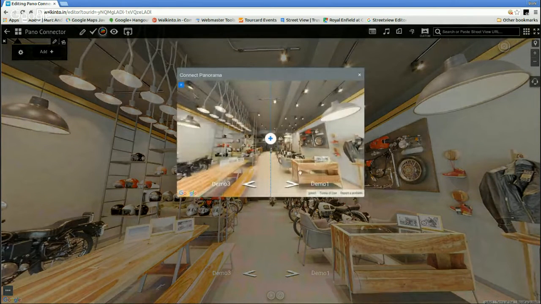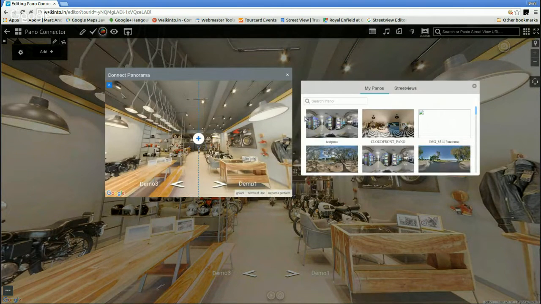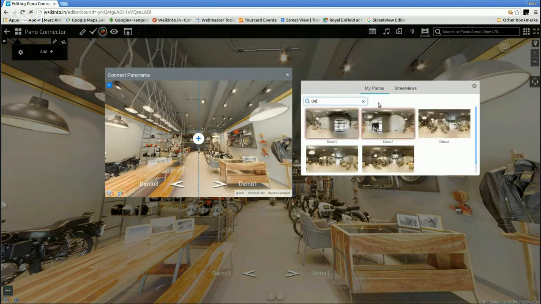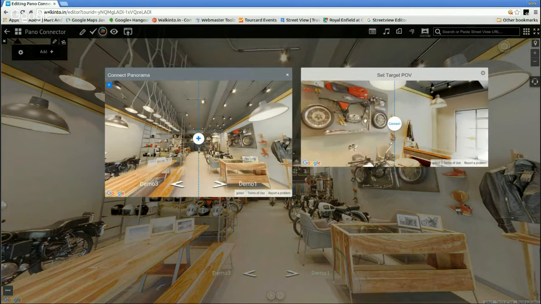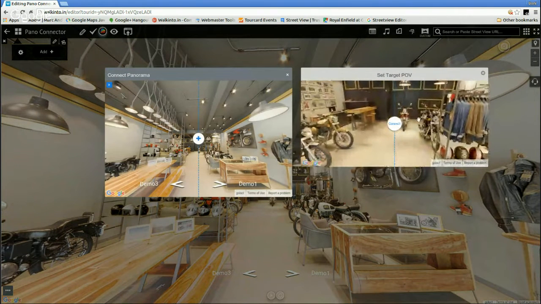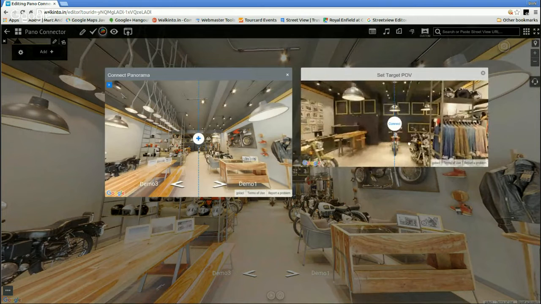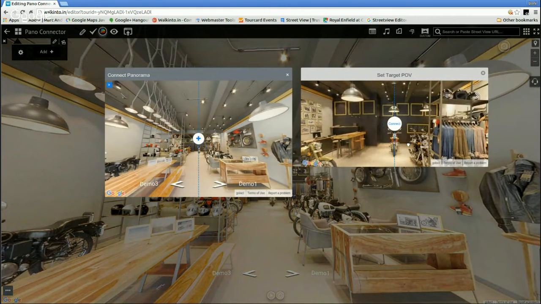Exact view where I am in, that gets opened up here. So I can directly click on the arrow editor, and that will give me options to filter down. Here I'm going to connect demo 4, and the next step, of course, is to set the orientation. I'm going to line it up straight to this bike, this motorcycle, like in the middle, and click connect.